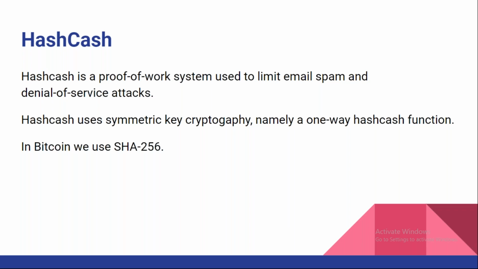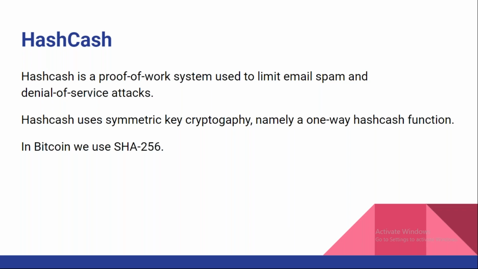So in Bitcoin, the proof of work algorithm we use is Hashcash, and here we use the hash function. You have to know one point: the one-way hash function. Suppose you give any string, like my name is Nani. There are too many hashing algorithms. SHA-256 is one of them, and Keccak-256 is one more. These are one-way hashing algorithms. Once it is hashed, we cannot revert back.